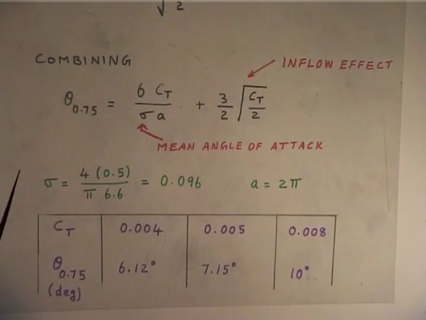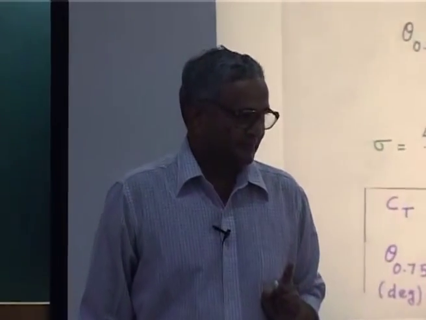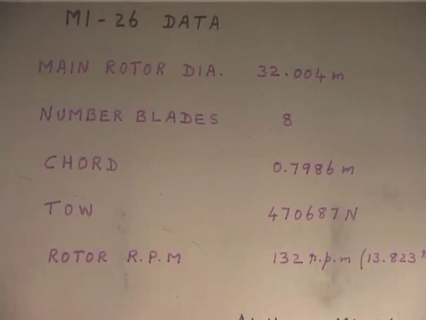Another important thing before I go further: we use the word uniform inflow. First is how do I get it. And I said non-uniform inflow, then you will ask how do I calculate it, because for uniform inflow you simply assumed lambda i is root of Ct by 2. How will I achieve that? That is the first question. The second question is, you say there is no uniform inflow, you will have only non-uniform inflow. That means how will I calculate the non-uniform inflow? So, now we learn how to calculate the